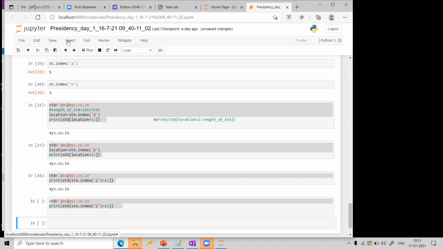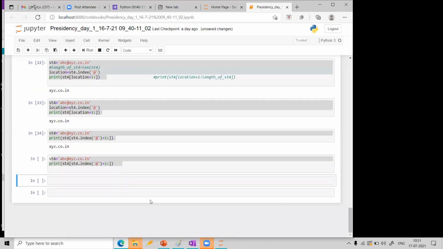Okay. So I got that cell by going here, insert cell below, or cell above. If I press cell above also, I will get one more. Because I told above, it came here. You can see one more time, I am doing above again.